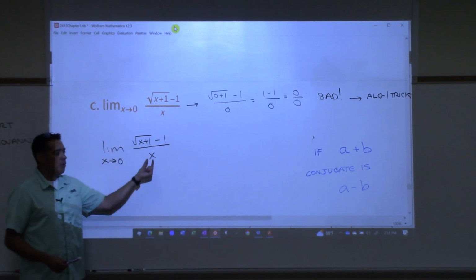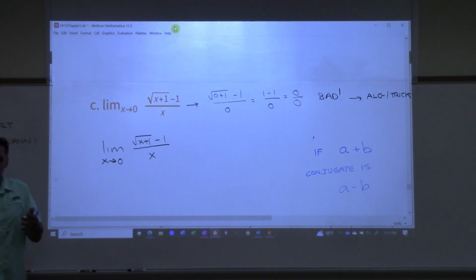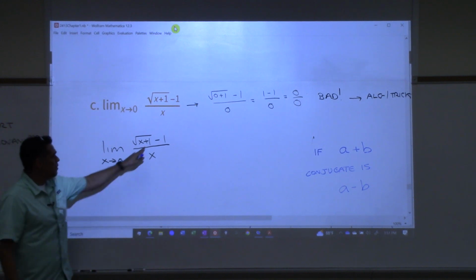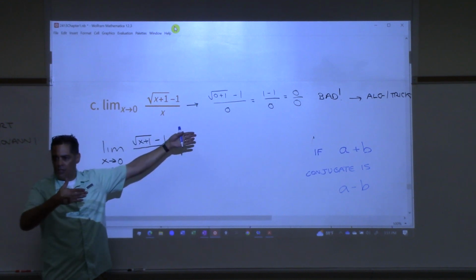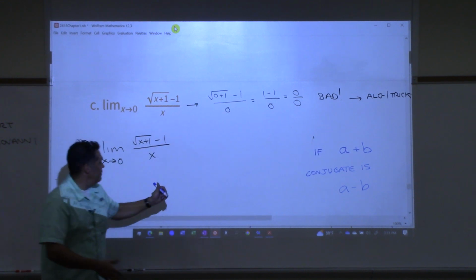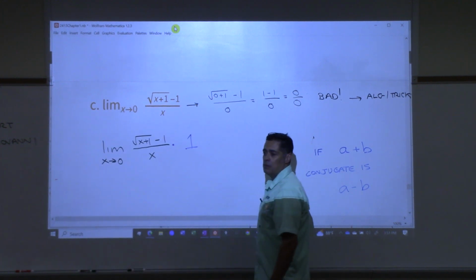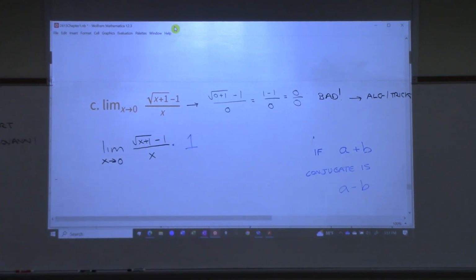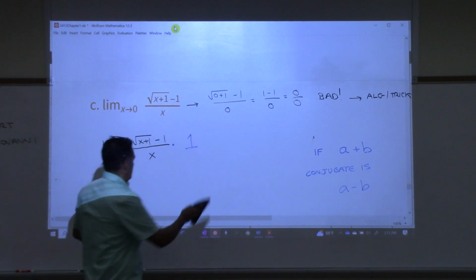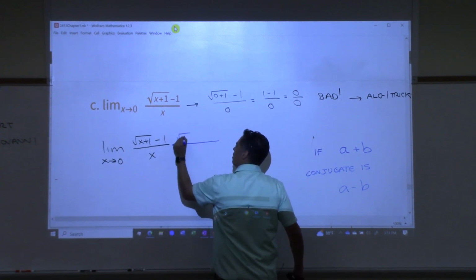So when you see a square root, one of the algebra tricks or ideas that you can bring in is the conjugate. Now, what do I mean by the conjugate? What am I going to do with the conjugate? I'm going to multiply the top by the conjugate. But I can't just multiply the top by the conjugate. Whatever I do on top, I have to also do on the bottom. Essentially what I'm doing is multiplying this by 1. But the 1 that I'm going to use is going to be very clever. It's not written like that, it's written like this. It's the conjugate